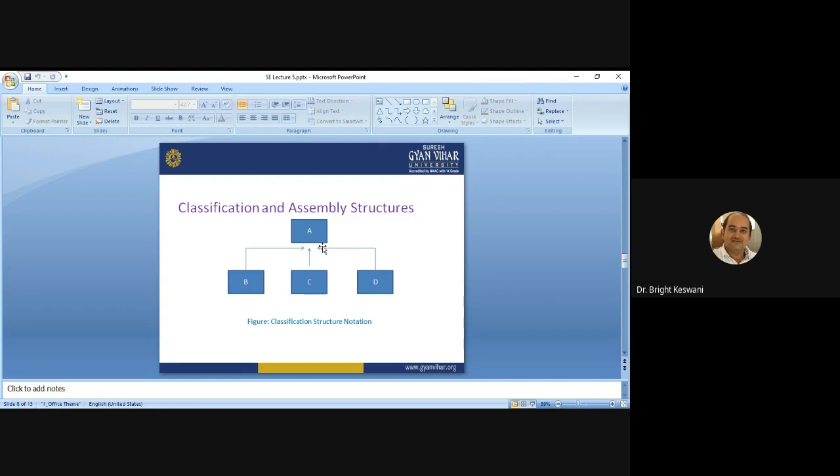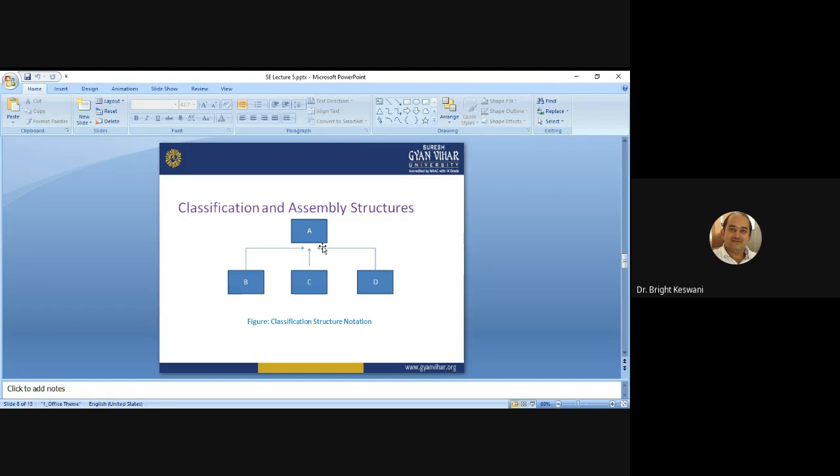Generalization means we are talking in general terms. Specialization means we are more specific towards a domain. When we are talking about domain specific knowledge, we are specialized; we are talking about specialization.